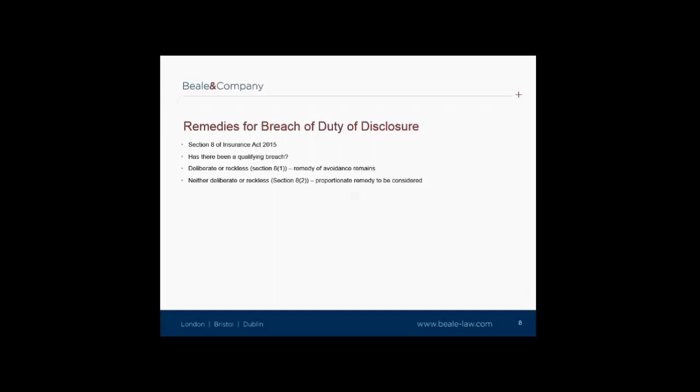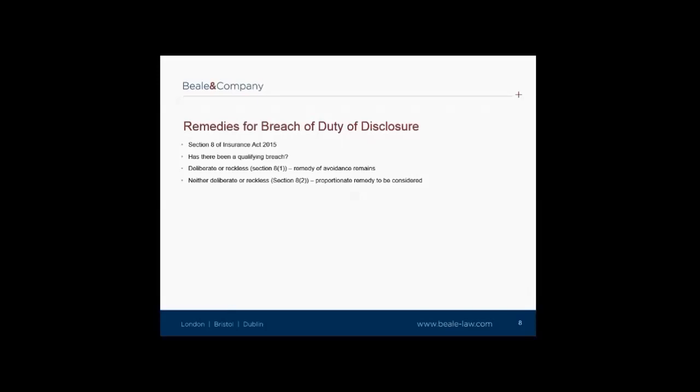One of the biggest changes in the Insurance Act relates to remedies for breach of duty of disclosure. The Act aims to address the imbalance between the insurer and the insured. At present, the insurer is entitled to avoid a policy for breach of the insured's duty of disclosure. Under the Act, the insurer will still continue to have a remedy against the insured for breach of its duty of fair presentation. However, an insurer is required to demonstrate that but for the breach it would not have entered into the contract of insurance at all, or would have done so on different terms.